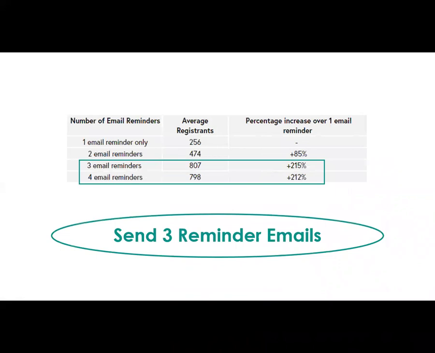Well, because it wasn't that much of a significance from 15% to 12%, I'd say that less is more, and it's better to go with that happy medium of 3 reminder emails. The reason being that because there isn't a significant increase in registrants, it's better to save that 4th email for something else, to give people a different initiative to sign up for, or let them know of a different event that we have coming up.